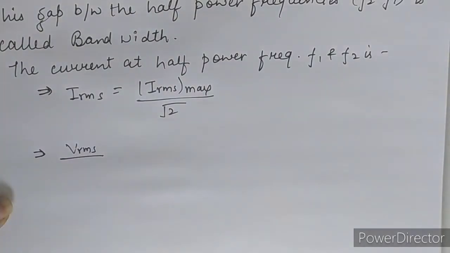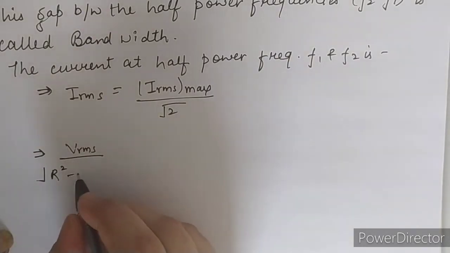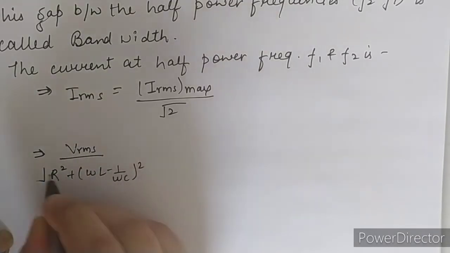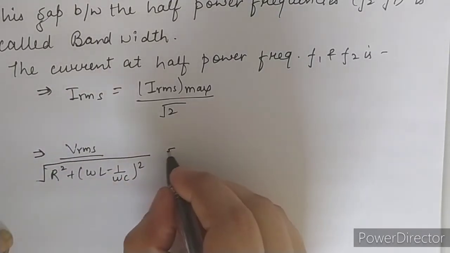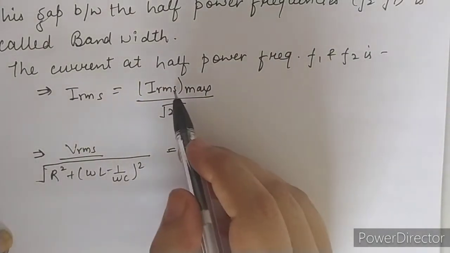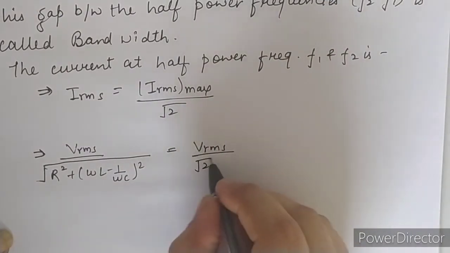We have discussed the LCR circuit. The value of R means the entire resistance present in the LCR resonance circuit, and in that we have calculated the impedance. The impedance for the LCR resonance circuit is the square root of R square plus (omega L minus 1 upon omega C) square. So IRMS, I is equal to V upon Z, that is VRMS upon this impedance. And the other expression is VRMS upon root 2 into R.